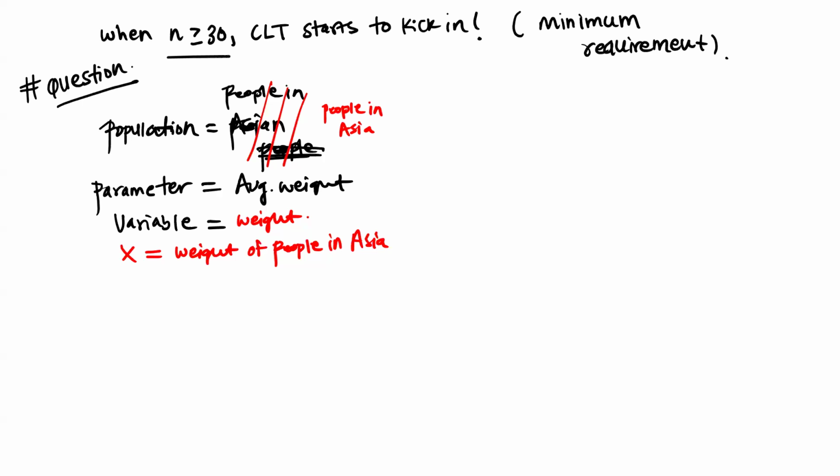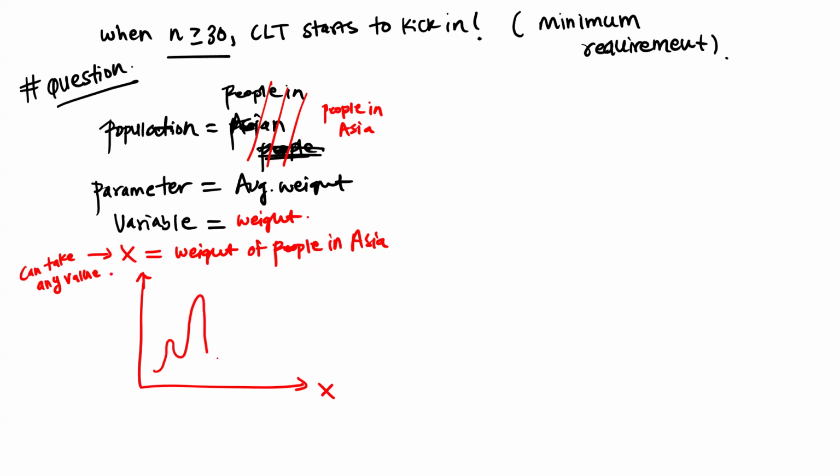Your random variable always associates with the variable, okay? Because this can take any values. So what you are interested in here is, what is the shape of this x? Something like this. And what is the mean? And what is the standard deviation of this variable? The mean is the parameter, and the standard deviation tells you about the spread. Okay. Does that make sense? So this is making sense to you guys, right?